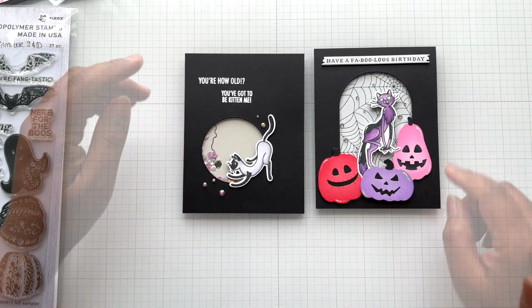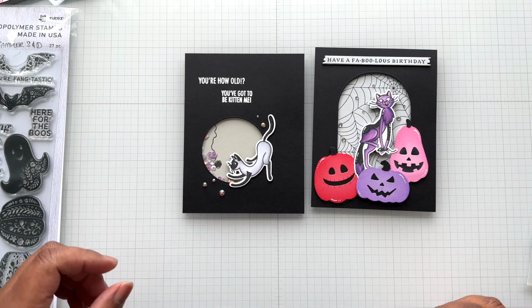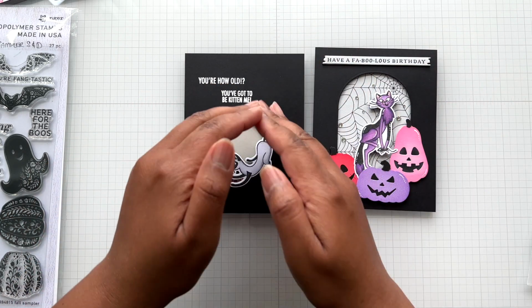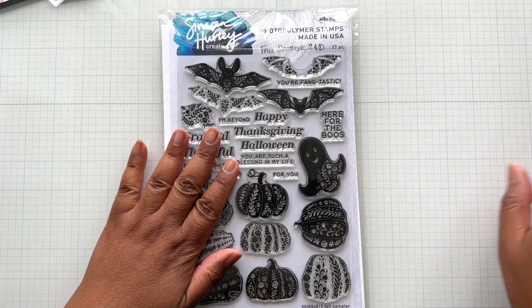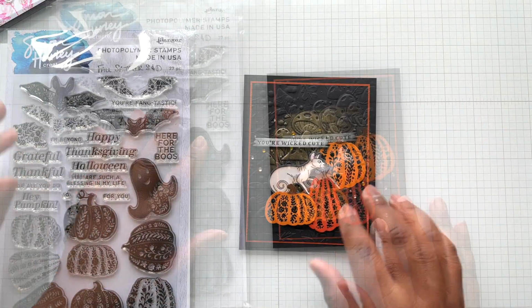And I'm loving these two clean cards. Fun. Great job, Simon. It is allowing me to focus on the scene, focus on the scene. Love the shape of this. So much fun. Now let's go into Fall Sampler. Still with more of the perfect cats, because the perfect cats are just perfect. Here is...